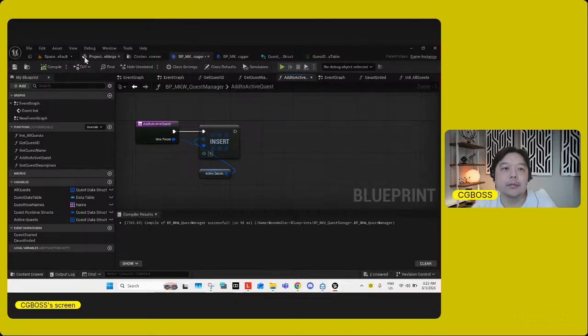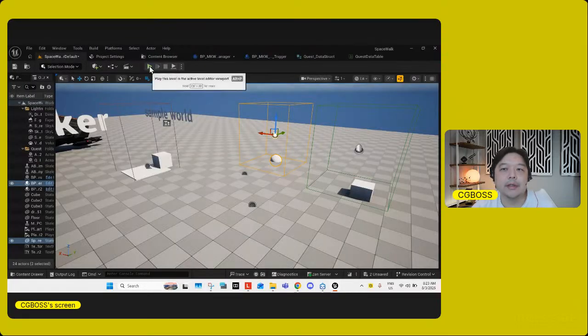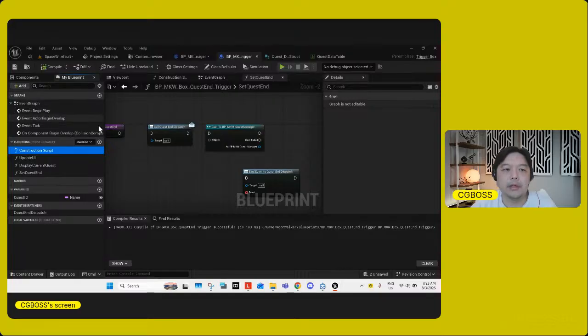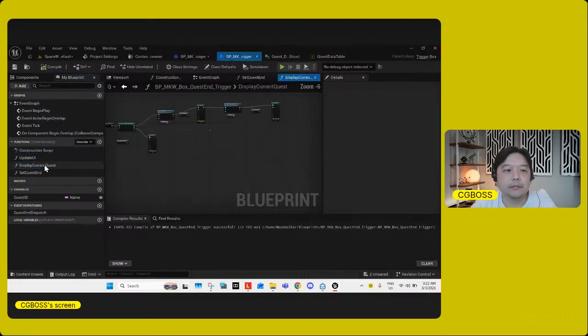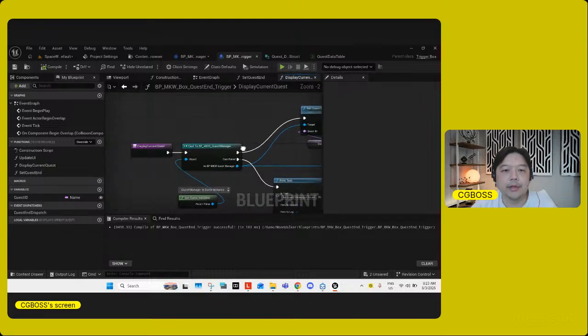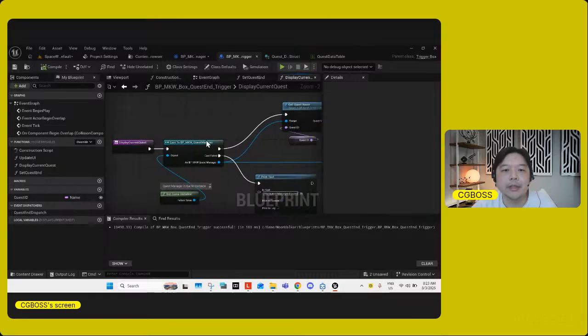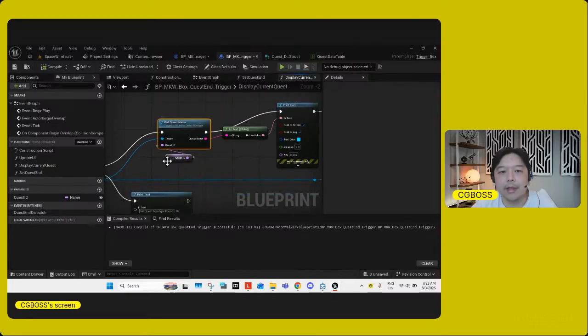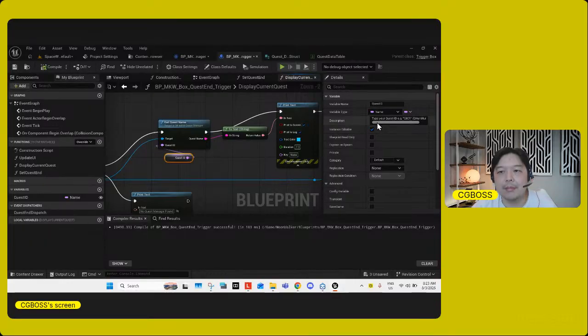So that's how it works, and then when we go to the trigger portion, basically what it is, we have a method for when the trigger happens. Once the player walks over the trigger, we get the quest manager and we call those functions like get quest name. But we have an input quest ID which I made instance editable, so that when we go to